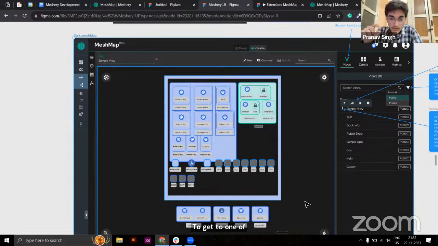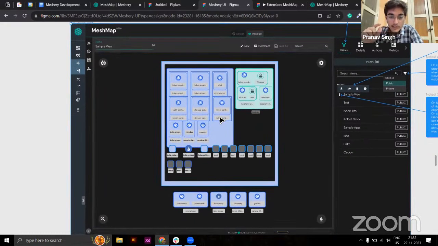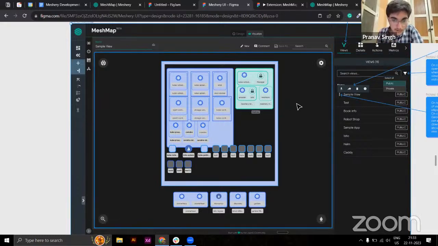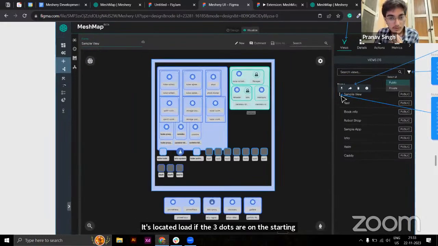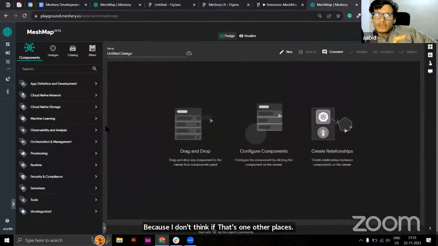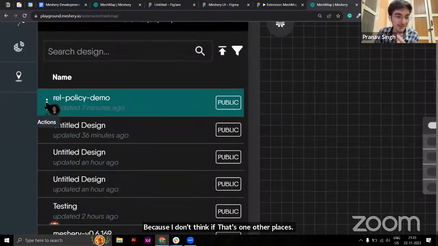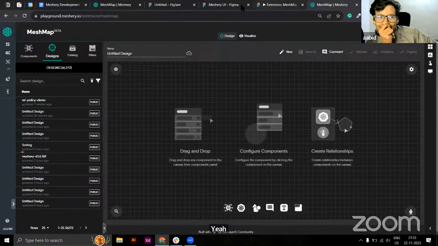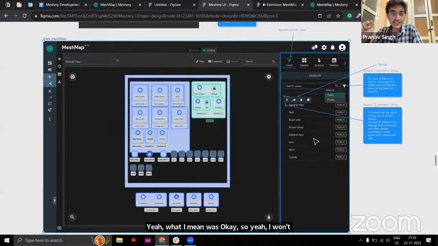One thing I was thinking regarding the UI is that it looks like a mirror of what we already have, but I think the button should also be on the same side, because users will likely go to the left side for the action menu. It looks a little odd if the three dots are at the start, because I don't think that's the case in other places. I think the three dots are on the start and also on the left here. Yeah. What I meant was, sorry, I got confused. Left, right, it's looking a little odd because usually it's a little away from the user.